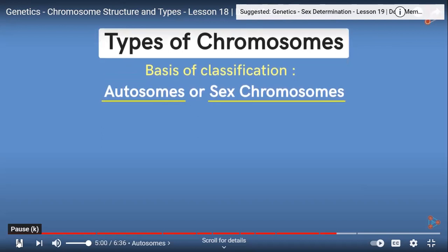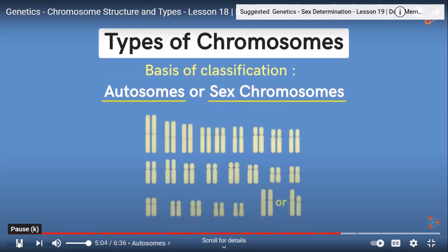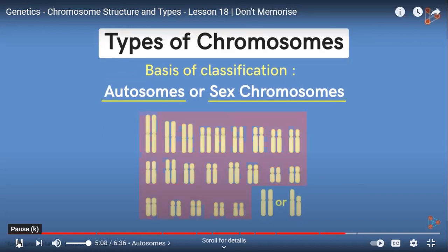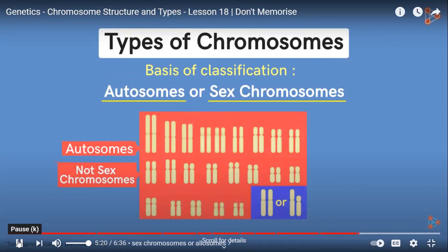Now what could these mean? This is a representative image of a typical human karyotype. The chromosomes that pair from 1 to 22nd are called autosomes. That is, they are not the sex chromosomes. To be precise, they have got no function to deal with the sex of the individual. The last pair, however, determines the sex of the person.